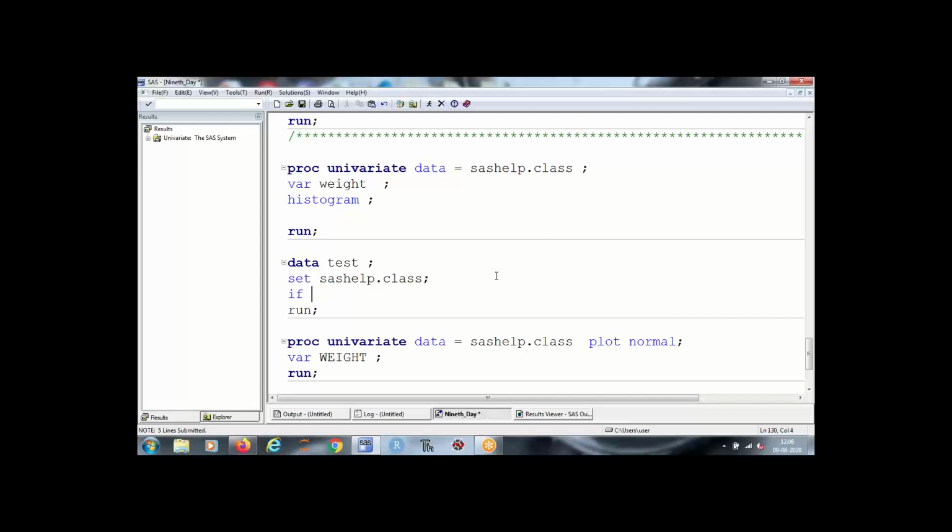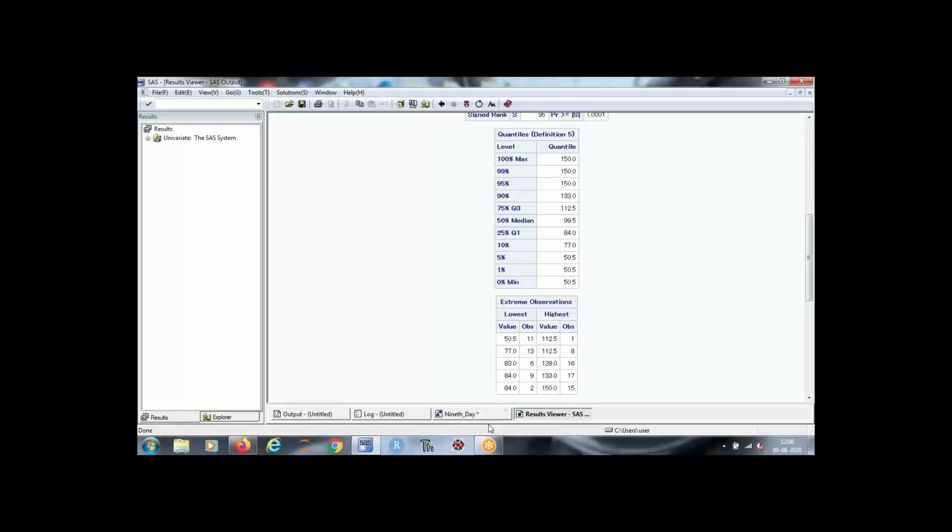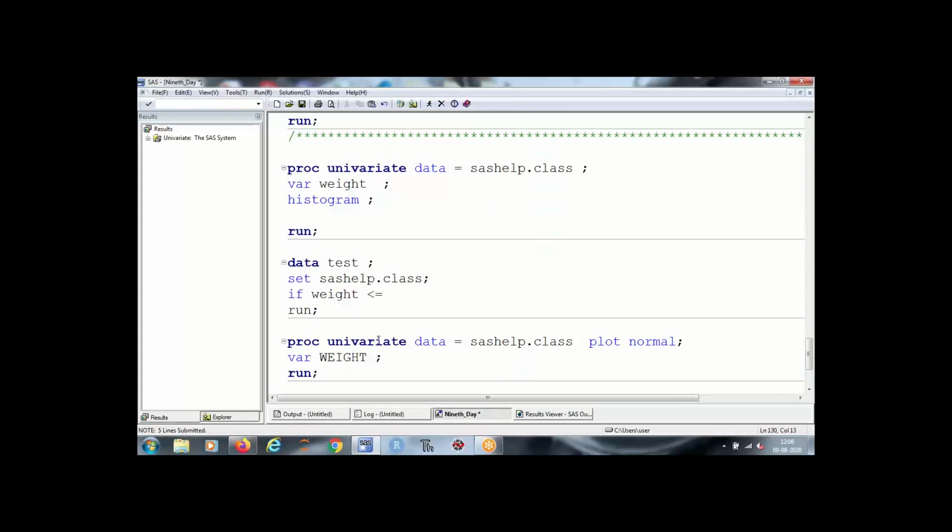Let's say weight is less than or equal to what? What is the maximum weight? It is 150. Let's make it 130. And here is your test data, which only has weight less than 130. Truncated.